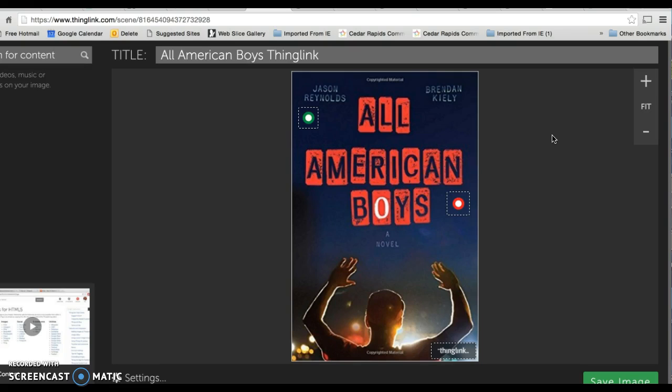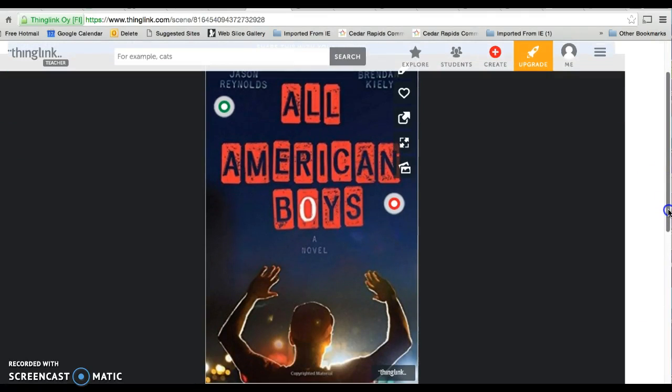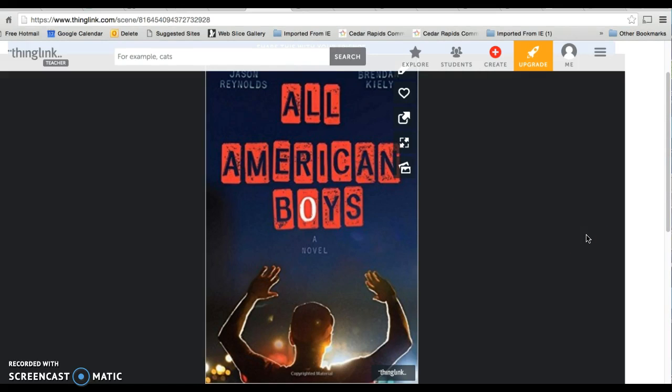If you can color code them, you can, but you don't have to. It's not part of your grading requirement. It's just visually appealing and a little more organized. Then I hit save image. So right now I have two links uploaded so far. Now for this assignment, since I know enough about this book that I can talk about why it's credible and why it's a good resource,